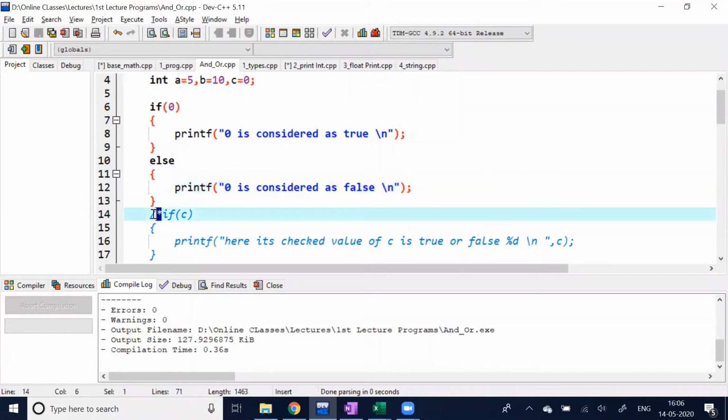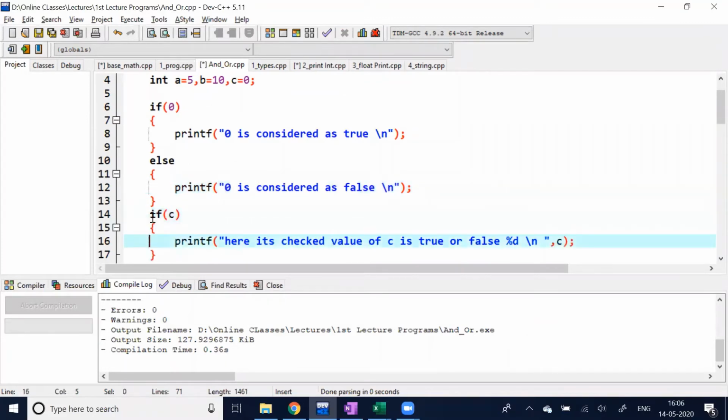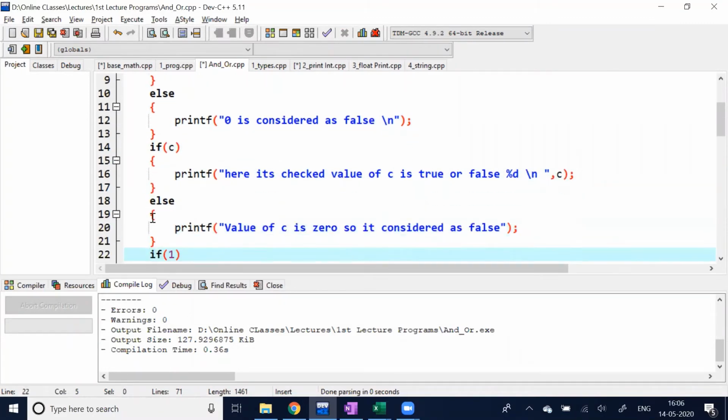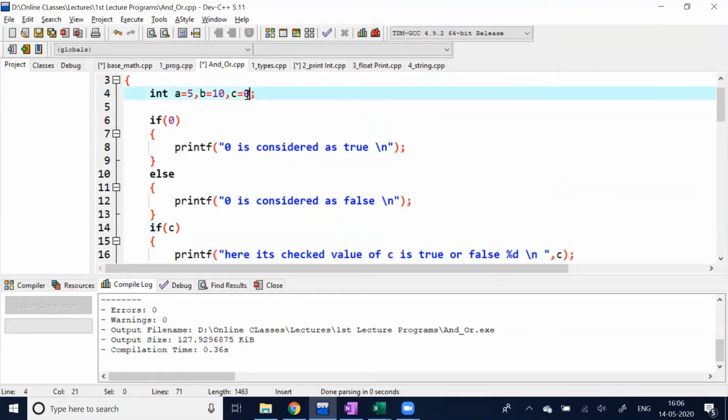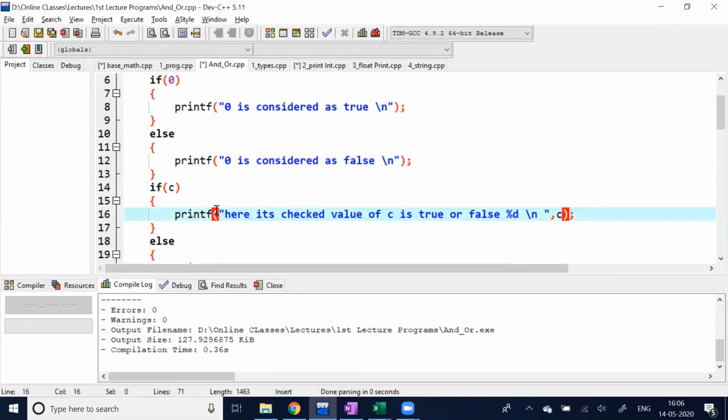Fine. Now you can see here I put the value of c. If c, I am just checking if c, that means I will check the value of c, and the value of c is 0. So in that case also it is considered as false only. Fine.